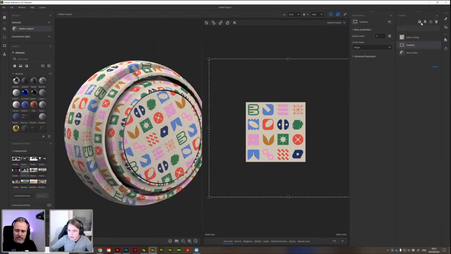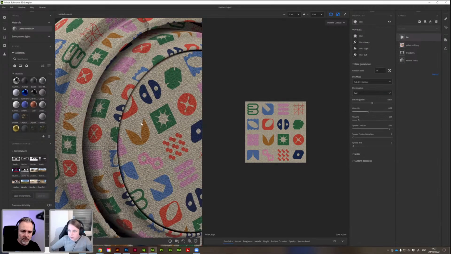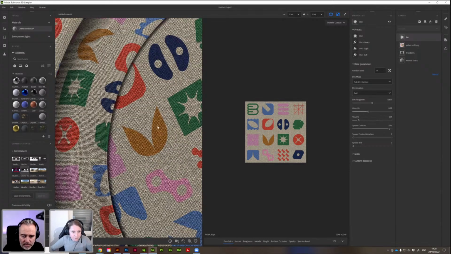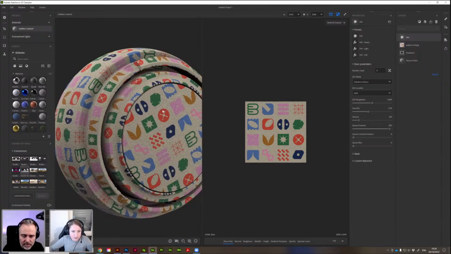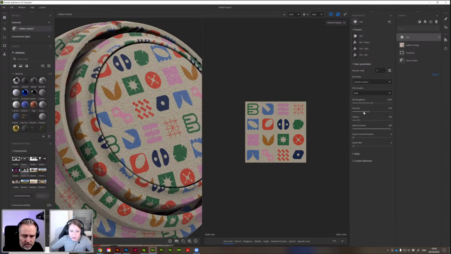What I also like to do is to always add some kind of dirt to my material, because the dirt is a very interesting thing. It will just sit in the little cracks of this material. Wait a minute, I will just change the lights a little bit. Now you can see it's a little bit too much, but you can change it, and you will see that it will only sit in the little holes and make everything a little more